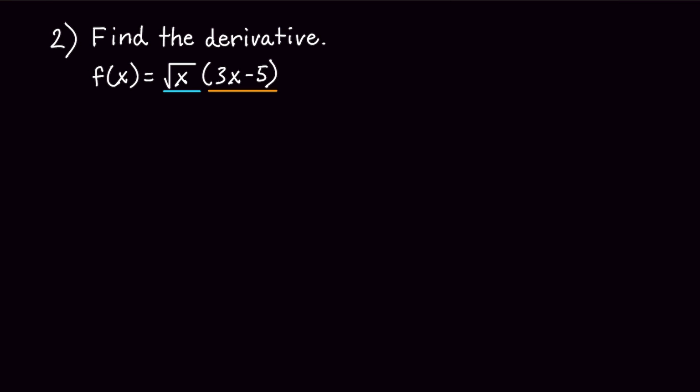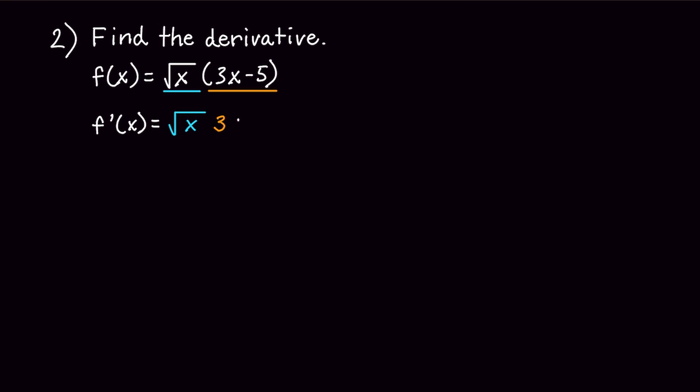So that means we have f prime of x equals the first function, which is the square root of x, times the derivative of the second function, which we can take the derivative of both terms and add them. So the derivative of 3x is 3, and the derivative of negative 5 is 0. 3 plus 0 is 3. So the derivative of the second function is just 3,